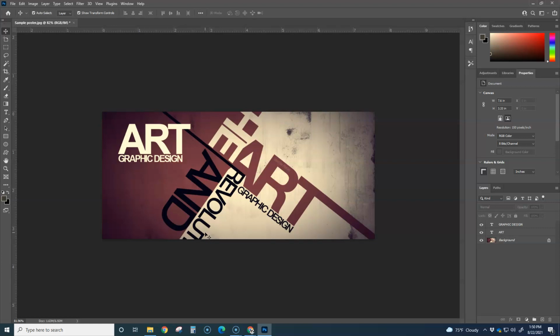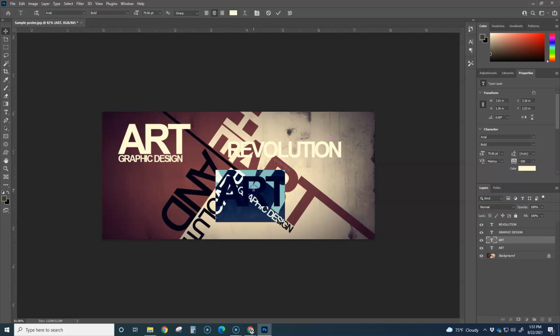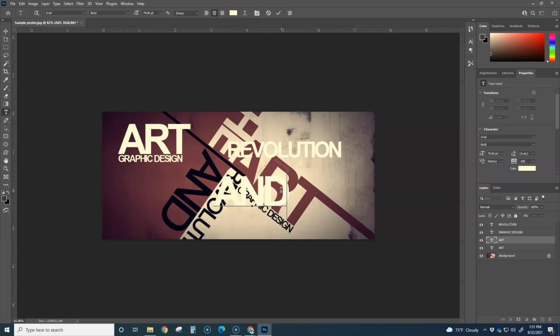revolution, I guess. So let me just go ahead and take that, Control C, Control V, and I'm just going to put revolution on this one. I think that text is a little bigger. I don't know, about that big. Take that, Control C, Control V. Again, it creates a new layer when you press Control C and Control V. And I'll put and